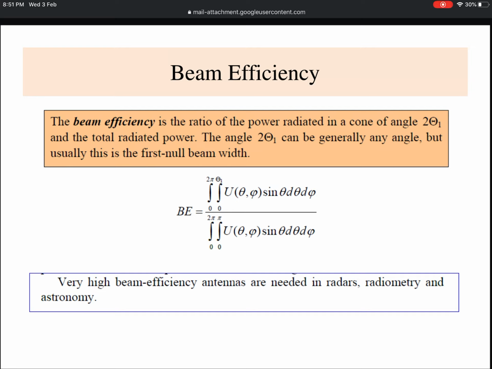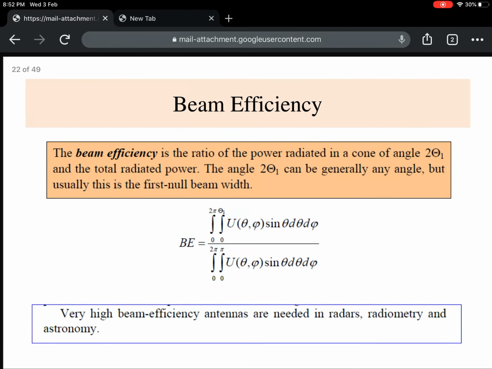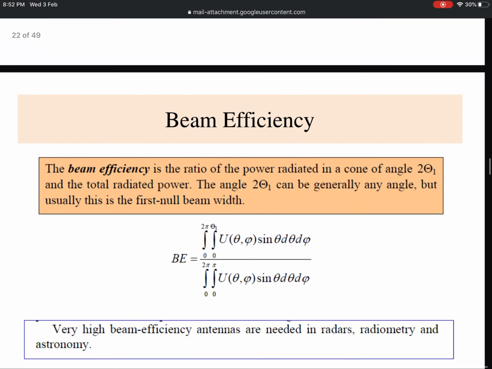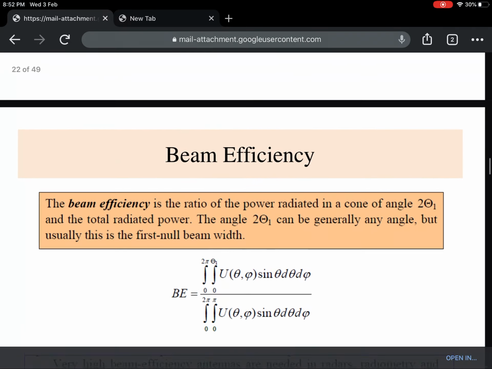This is actually an inversely proportional relationship, because whenever an antenna is very directive, very focused, obviously its beam width will be very small and beam efficiency will be very high. That is the general interpretation. So for today's lecture I will be covering up to this characterization parameter, and I will conclude here. From my next lecture video we will start from this, and I will share it with you in this video, you go through it, and if you have any problem we can discuss.